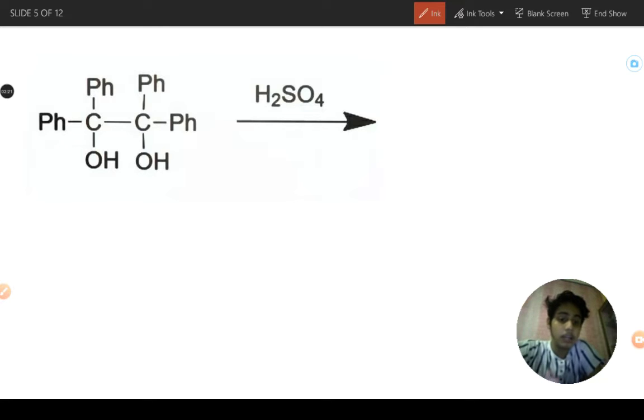This is a vicinal carbon here, and you need to know what is vicinal. Vicinal means if you find things adjacent, side by side. Here we are finding a vicinal diol. Here OH is present on adjacent carbons, so this is a vicinal diol. And the compound where you find vicinal diols, that compound is Pinacol. For a vicinal diol, the compound name is Pinacol, and this is Pinacol here.